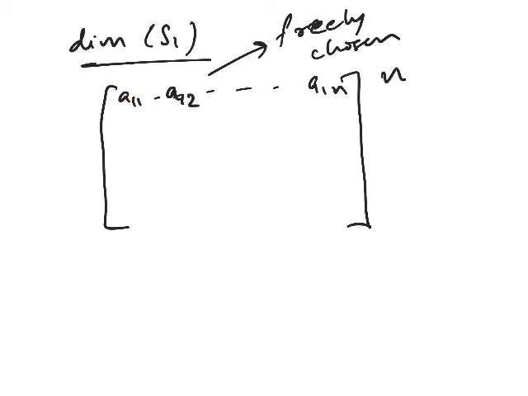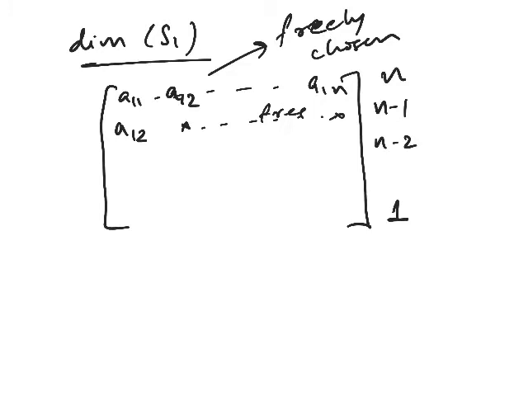And now when I go to the second row, how many free variables are there in the second row? See, this A12 will come here, right? Since this A12 will come here, I have only n minus 1 free variables in the second row, because this is going to be A12 itself. These are all free, right? And so on. Till where can I go? In the third row, I have n minus 2. Last row, how many free variables do I have? Only 1.